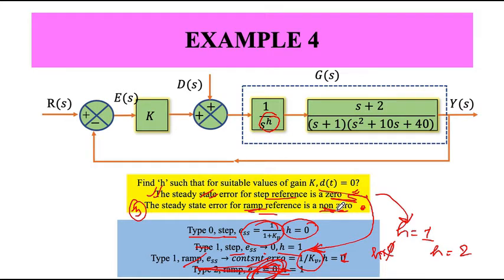So if I am just type 1 system, therefore the answer would be h equals to 1. H should be equal to 1. Okay, so this is the first part of my numerical, in which I find out that my system type should be 1, because if I am taking type 0, h equals to 0, my second statement is not satisfied. And if I am taking type 2, then my third statement is not satisfied. These both statements are satisfied only for type 1 system.